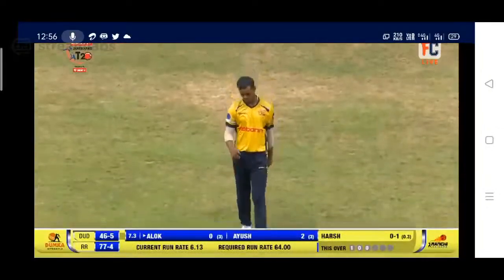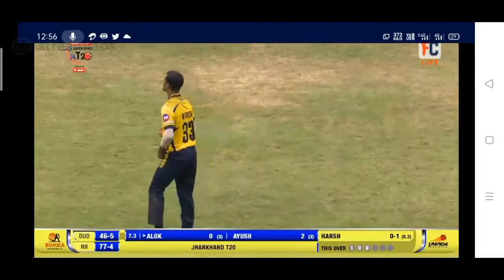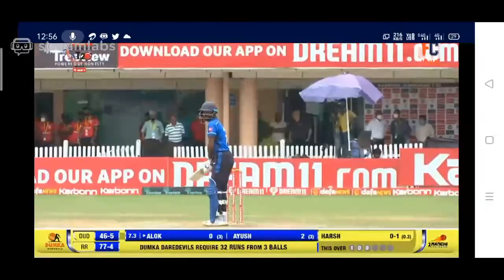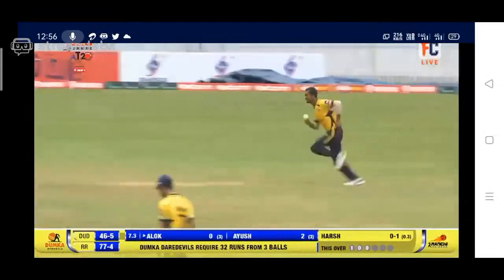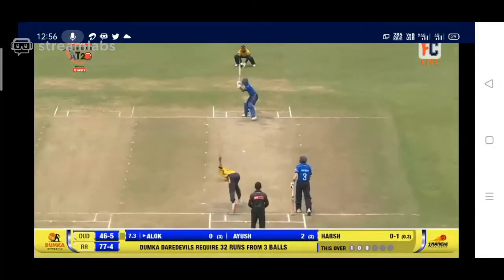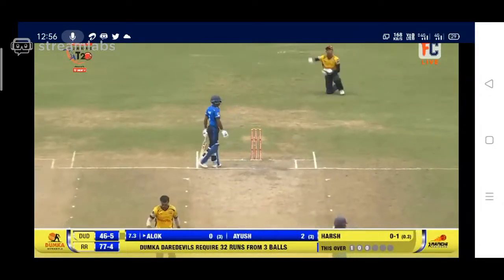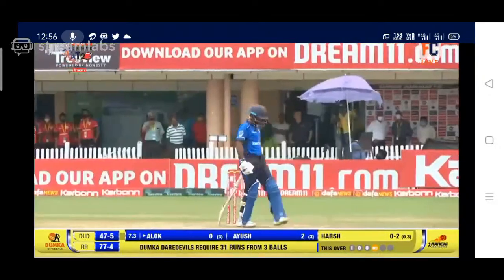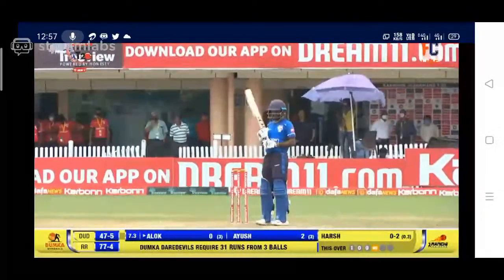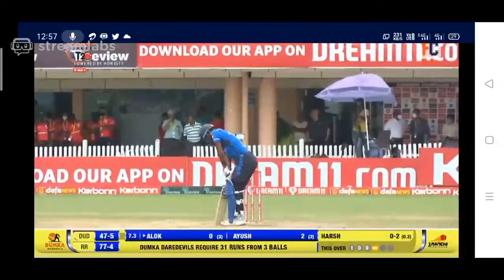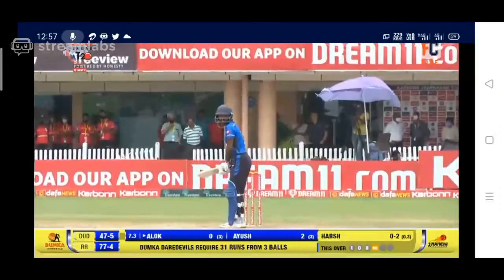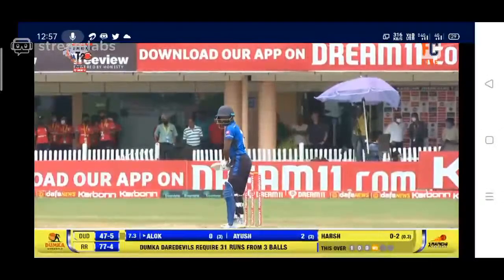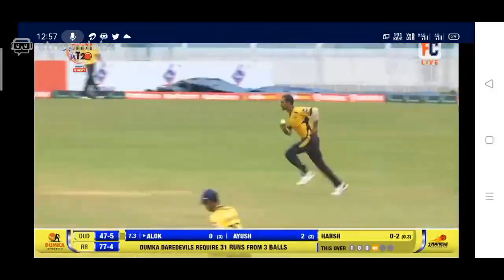They really want to make a comeback in this tournament and get the wins. And getting more wins in the tournament can put them in the top spot. Winning is a habit. Early part of the innings, they lost their way. This is going to be their second win in this tournament. Absolutely, a second win after 3 balls now. Now there is no chance for Dumka to win this match.